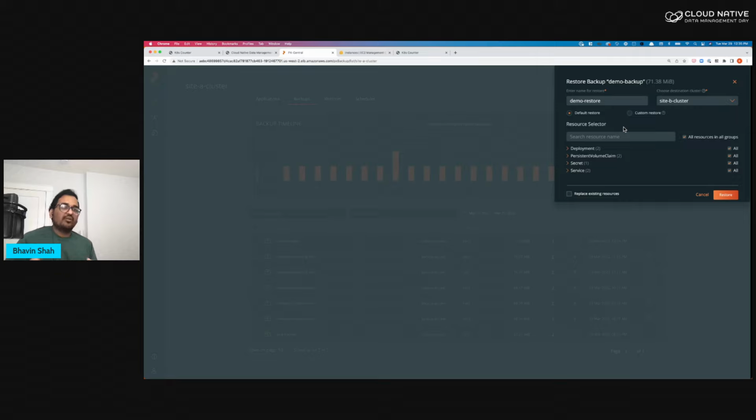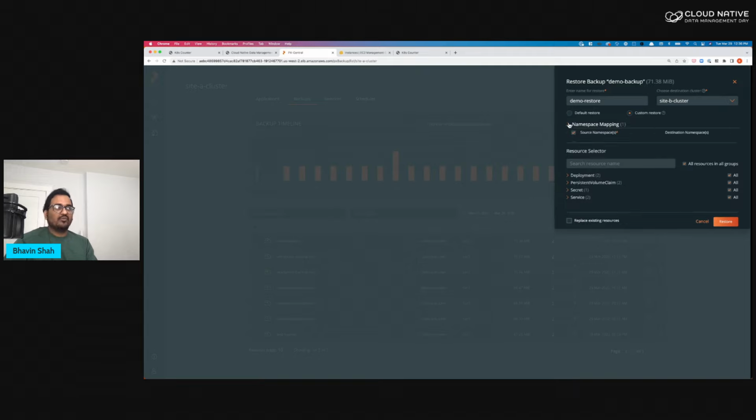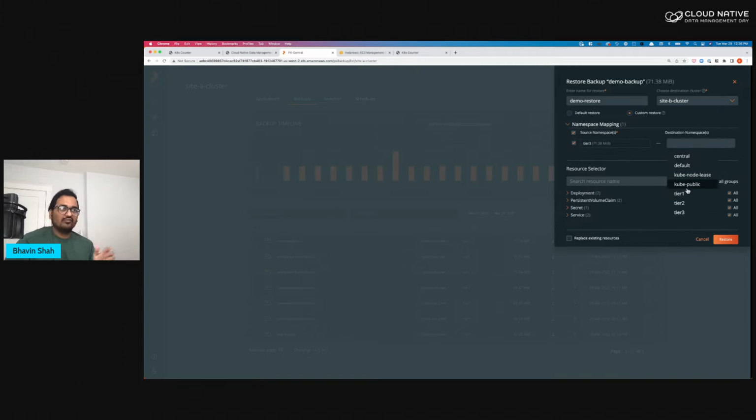But using a data protection tool allows you to not have a secondary standby cluster all the time. In case of a disaster, you can spin something up quickly using eksctl, and then just add it to PX Backup and perform a restore operation for your application. You can perform a custom restore. You can select the namespace in which you want to restore this specific application.